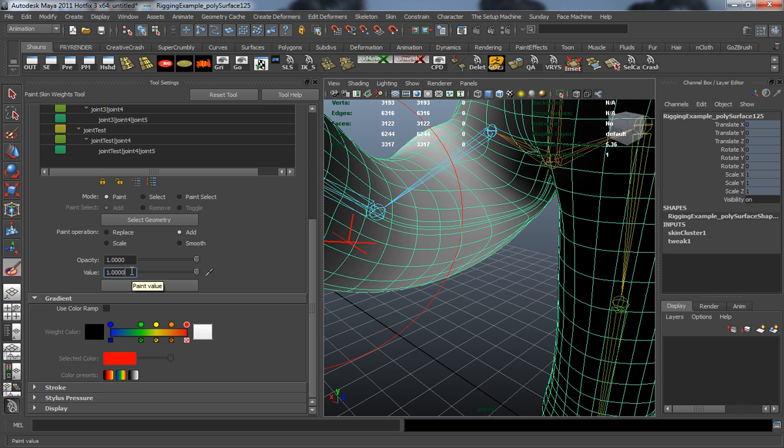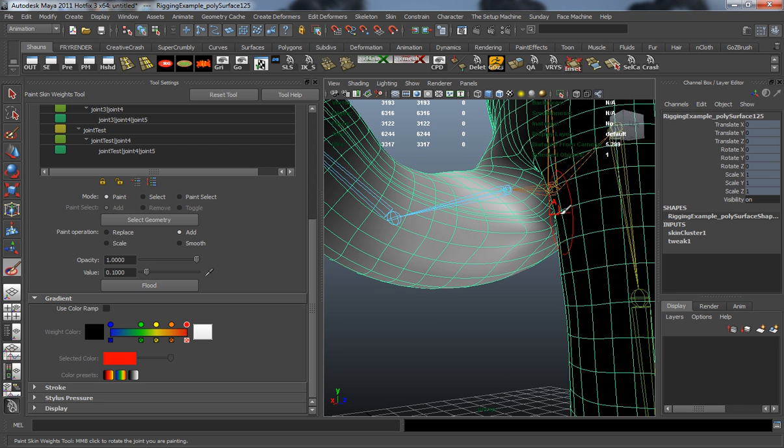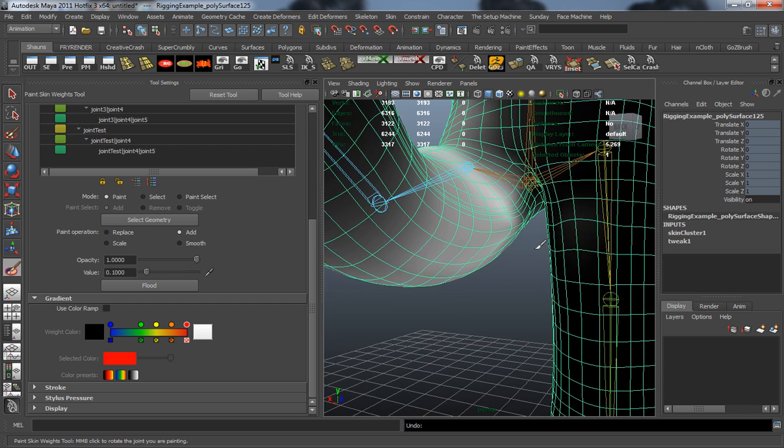Painting it with an influence of 1 is way too high. You want to paint it in small increments. So 0.1 is usually the best option, whether it be 0.1 or 0.2. You want to try to keep that level small. Okay, so we'll just come in here and paint a little bit of weights on our character,